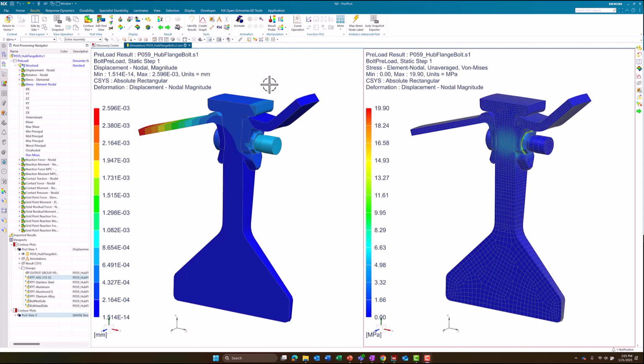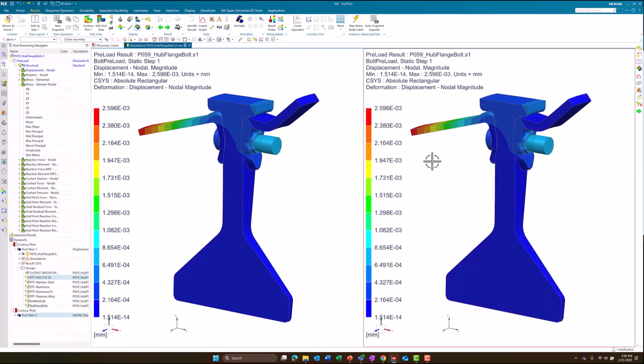So here in SimCenter 3D post-processing, on the left, we're seeing the displacement nodal magnitude results, and on the right, the stress elemental nodal unaveraged results, von Mises stress. So let's start with our basic, just copy and paste. To do the copy paste, you'd right click, say in the left viewport here, and choose copy viewport. And then our basic paste viewport, we'll see that it pastes exactly what I have from the left viewport into the right viewport. So all the results and display settings are going to be pasted exactly in there.